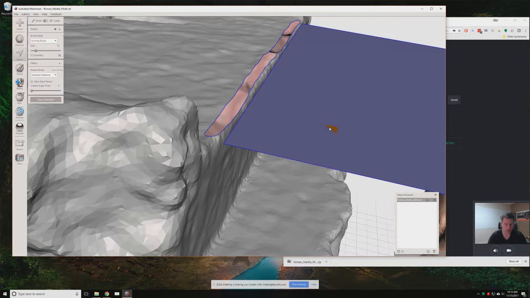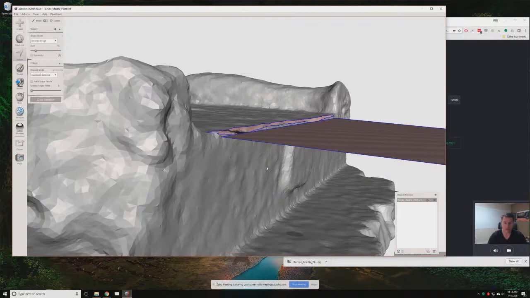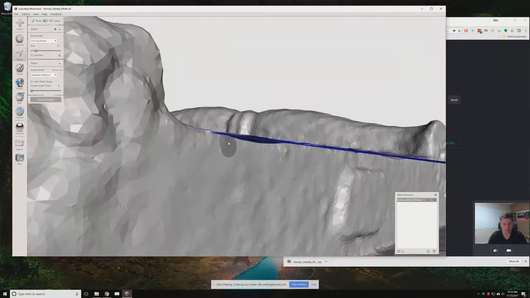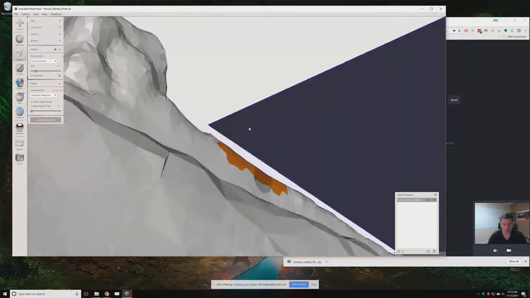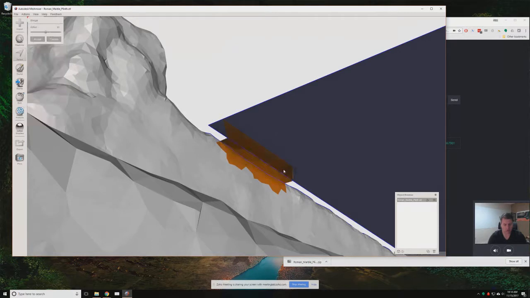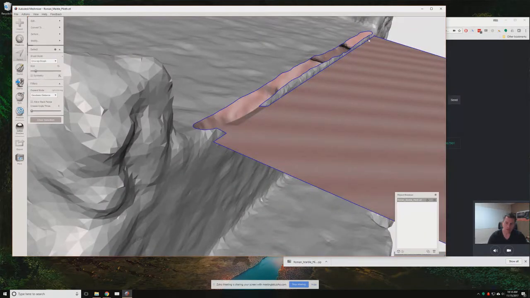So what I'm going to do is select a little bit on here, hit E for expand to connected, then go to Edit and say flip normals. So now the normals are facing down. This actually would make sense because this wall would come up and turn the corner. So I'm going to do the same thing here. I'm going to select on that edge and select on this edge and hit Control B. And we get a bridge. So I can do that here, and then I can do that on the other side and then fill in